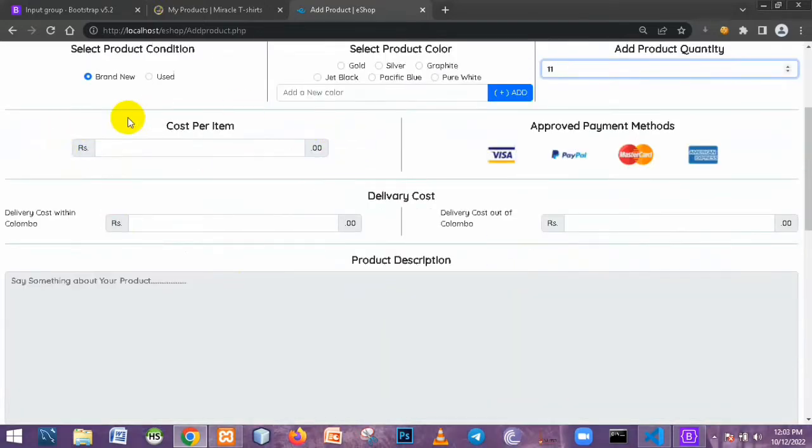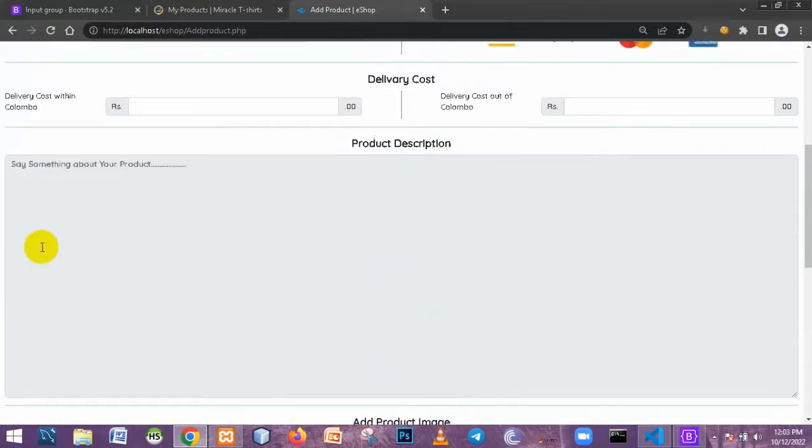There's a cost span here, we can add a cost, and we can see there's an approved payment method. I add some SVG image files here, and there are also cost spans here. We can see there's a delivery cost in Colombo and out of Colombo. I add those spans for delivery cost. So there's a product description here. I add a text area and color it using my CSS styles. I give the dash color with my CSS,